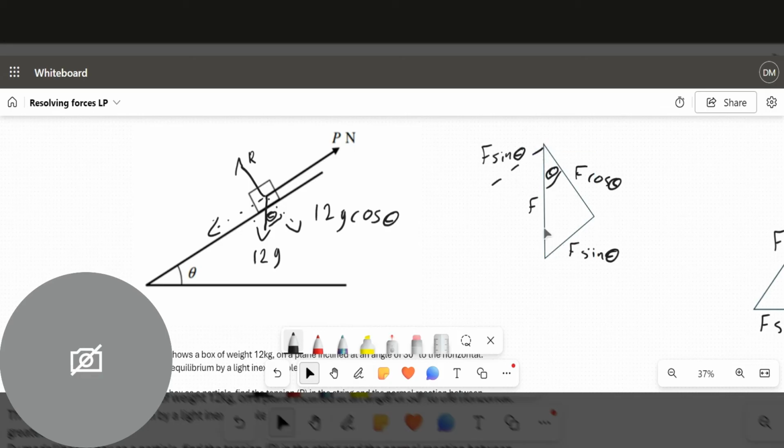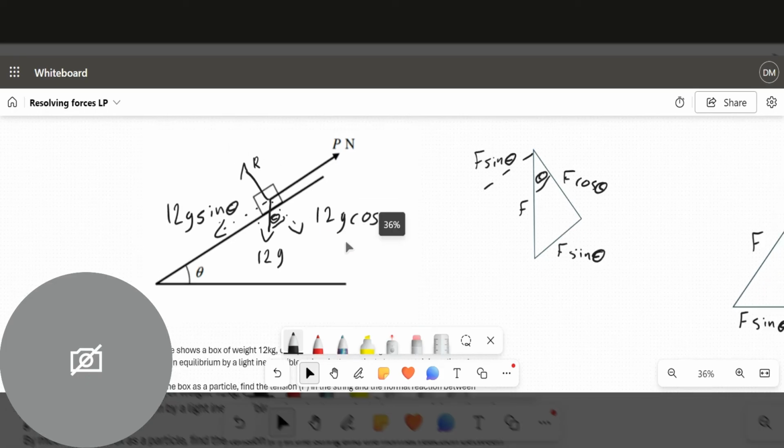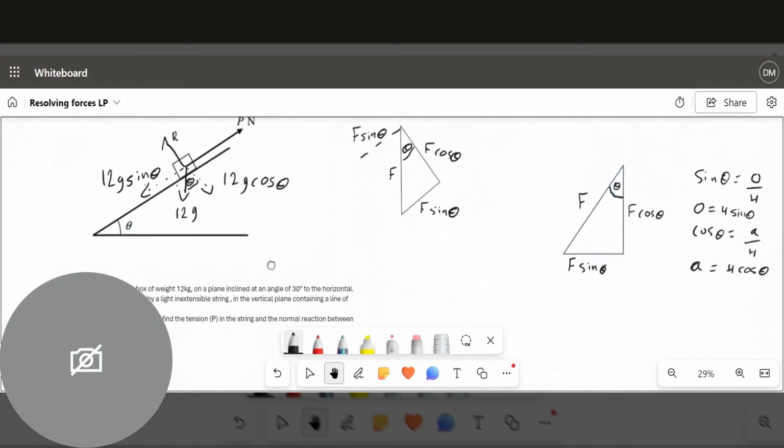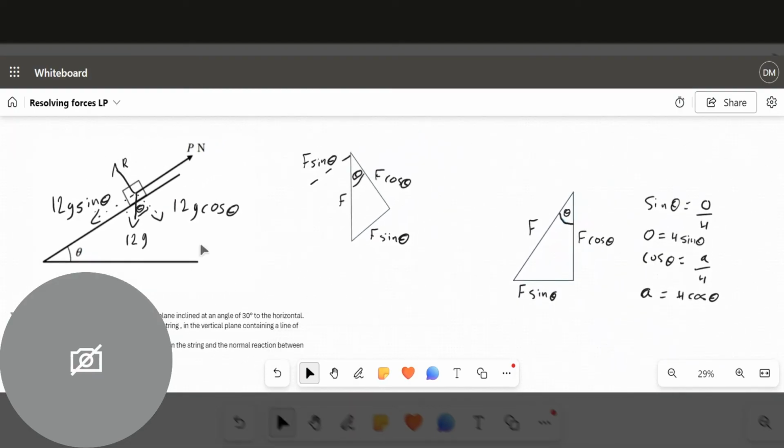Now we can see this one here is the same as this one here. This one here is the same as this one here. And this last one here is going to be this bit here. So that becomes our force, which is 12G in this case, times sine theta. Right, and now because it's in equilibrium, it's not moving, which means the opposite forces are equal to each other. So we can just finish this off by saying, because it's in equilibrium, opposite forces equal each other, which means P must equal 12G sine theta,